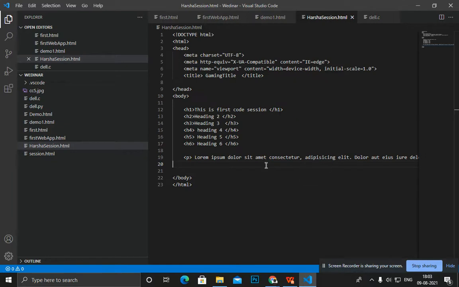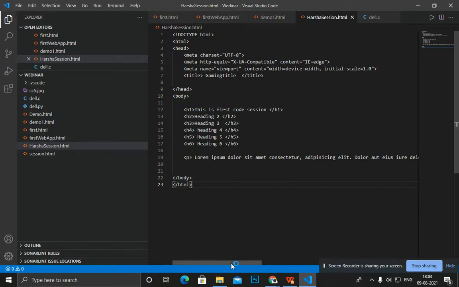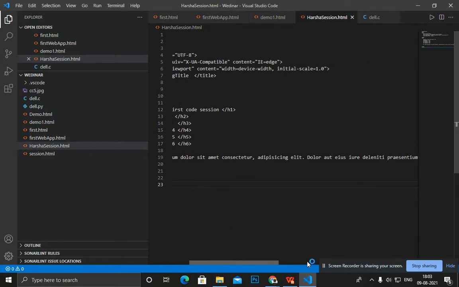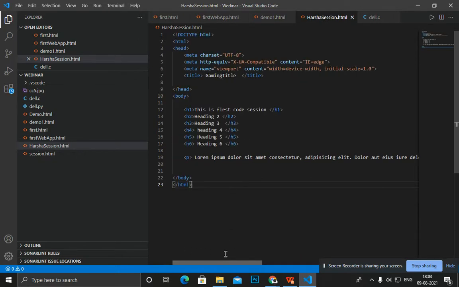Here you can see this is our previous session content. Here we saw some heading tags and paragraph tags. Just a minute, it's loading. Now you see what we used in the previous session.